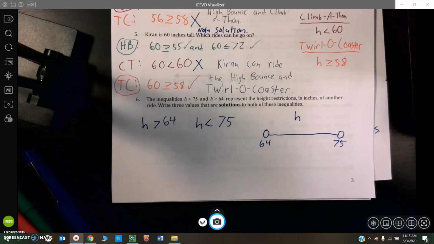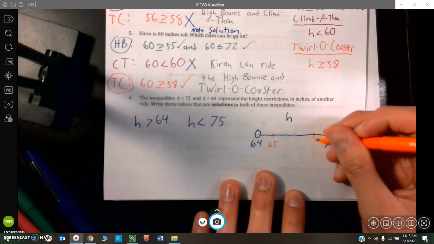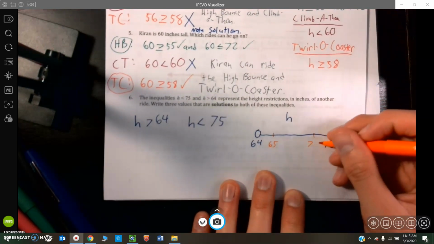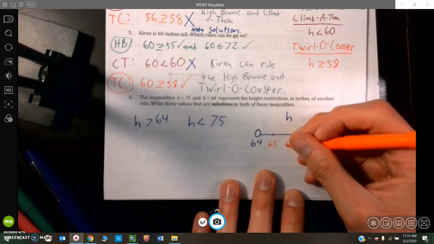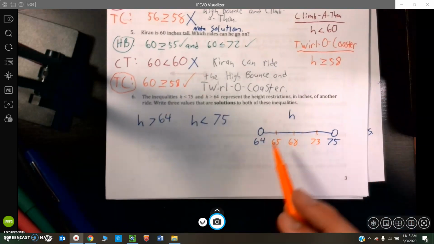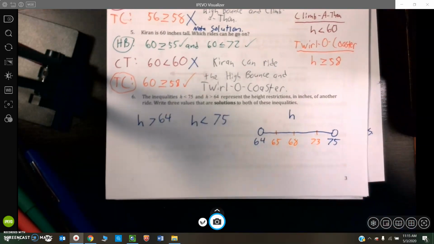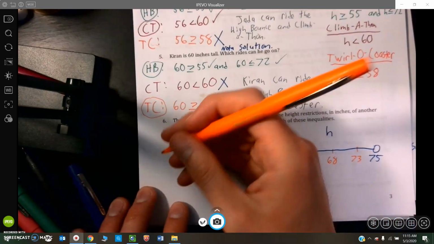All right, so I'm going to do 65, 73, and 68. I can clearly see that all 3 of these are between these 3 values, so they should all be solutions. And if I check them,